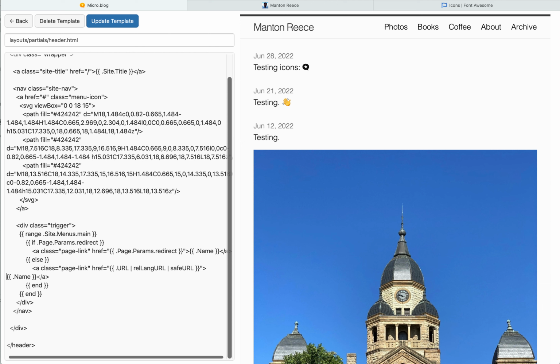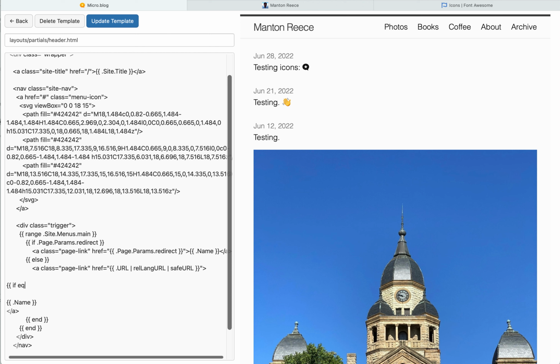What I want to do is I'm going to reformat this a little bit so you can see it better. This shows the name of the item. And depending on the name, I'm going to add different icons to it. So again, this is a little bit tricky and kind of advanced template editing, but maybe we'll find a way to make it easier in the future. But this will work with all themes because you can customize it and completely control it. So what I'm going to do is I'm going to say